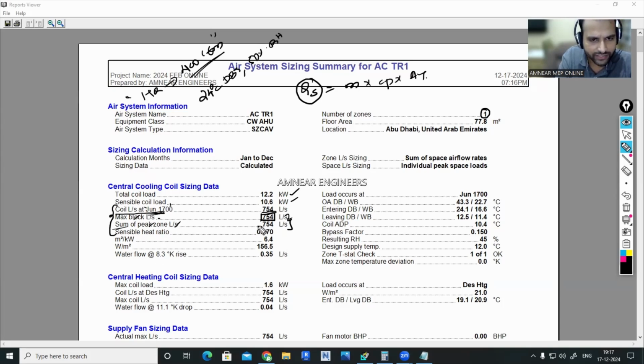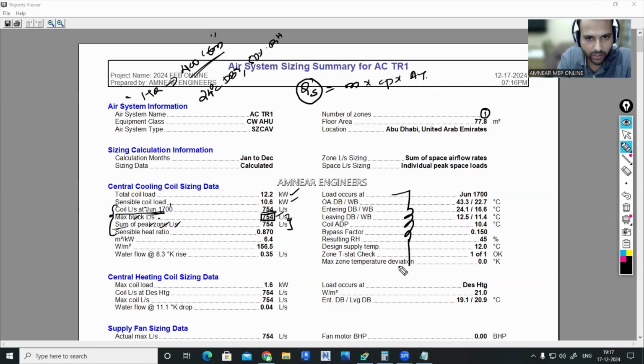But we are not selecting the third value, the sum of peaks in liter per second, for machine selection, because sometimes that might be slightly oversizing. That's why the maximum block liter per second will always be safe for a multi-zone building. For a single zone building, all 3 values will be the same. Okay. Anyhow, what exactly is this one? Sometimes we call this the dehumidified airflow rate. It is simply this: